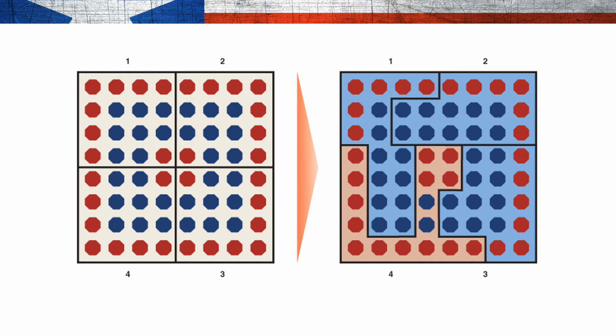So in these maps, this shows different ways you can draw the lines to give certain groups power and keep certain groups from having power. It's the same exact configuration on the left and the right. But on the left,